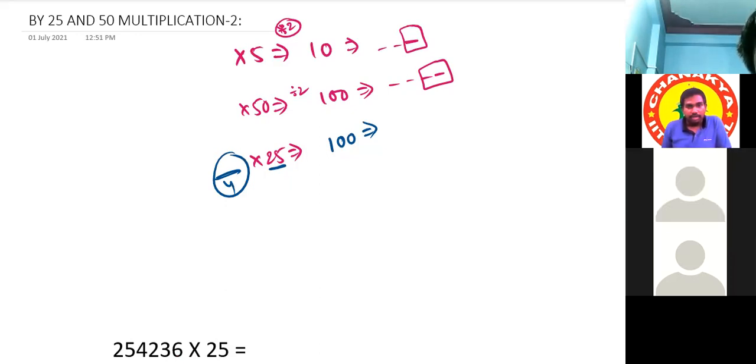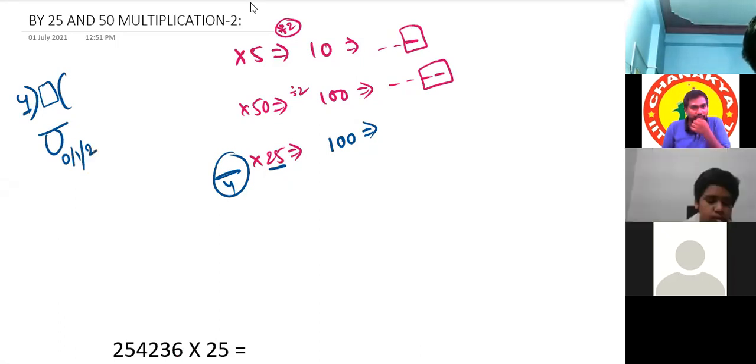Divide the number twice, and then multiply the remainder. Tell me, what are the remainder possibilities when you divide any number by 4? 0, 1, 2 or 3. If the remainder is 1, then it will be 25. If it is 2, the remainder is 2. That's all.